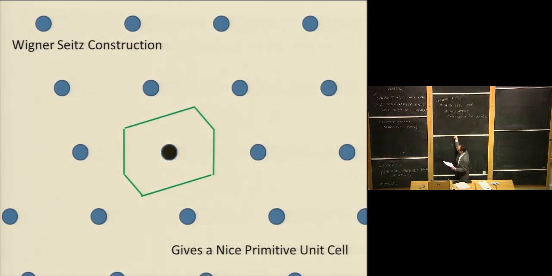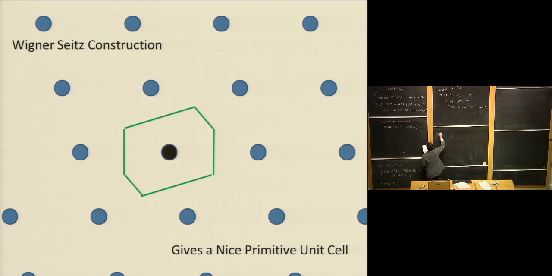So next, the word basis. This should not be confused with the word basis that we had when we talked about primitive lattice vectors, and some people call them primitive basis vectors. That's not this. This is why we do not use the word basis when we talk about primitive lattice vectors. We don't call them primitive basis vectors because we're going to use the word basis here. Sorry about that confusion. Okay, so basis is a description